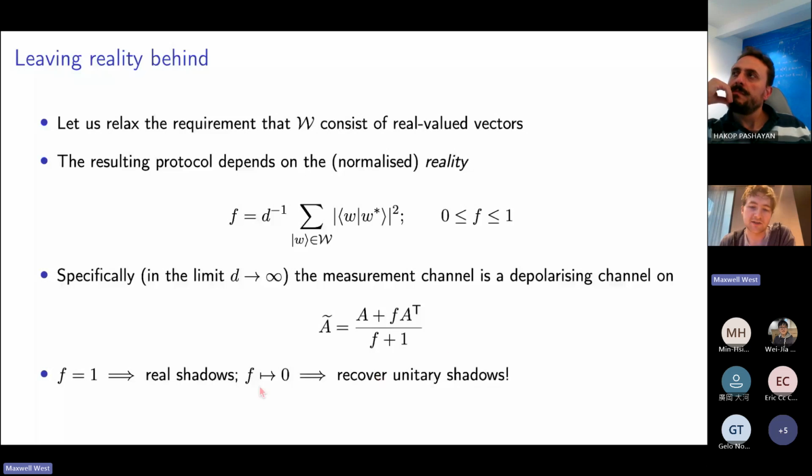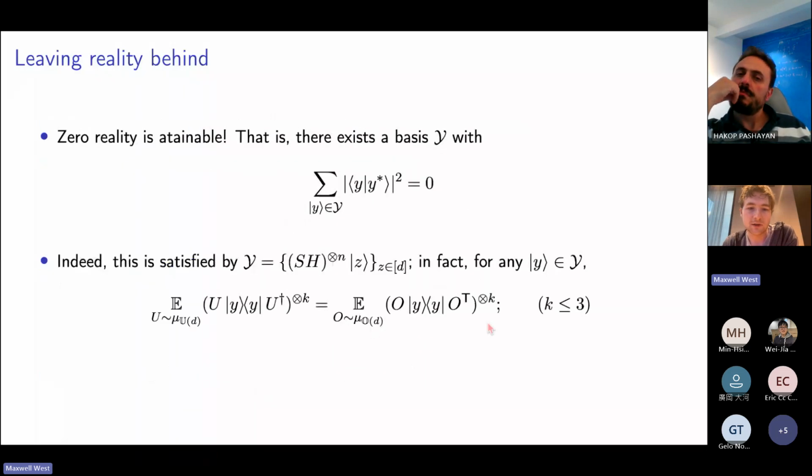Although, okay, so at this point, you could object, how do you know that such a basis actually exists that does have f equals 0? And it turns out, if you search for a little while, you can find a basis that satisfies this. And interestingly, it's super easy to construct, like at the circuit level. So if you just take, say, the computational basis, you hit everything with Hadamards, and then, oh, sorry, I forgot to write it down. This S is a phase gate. This is like 1 and i on the diagonals.